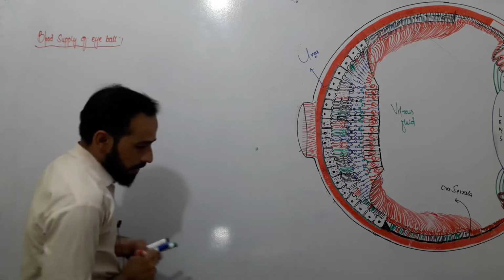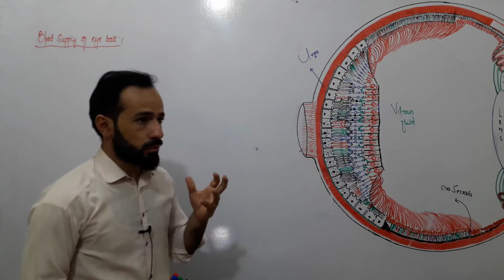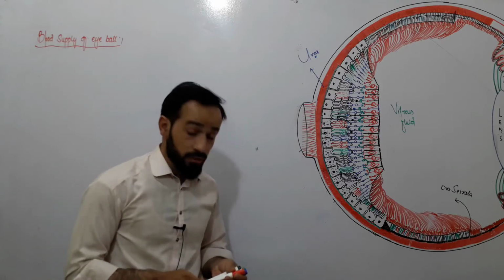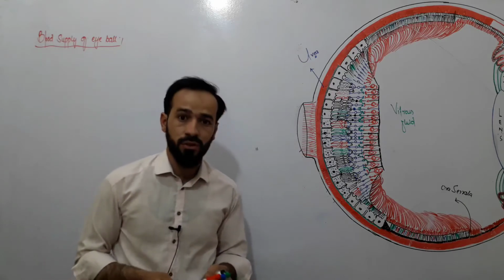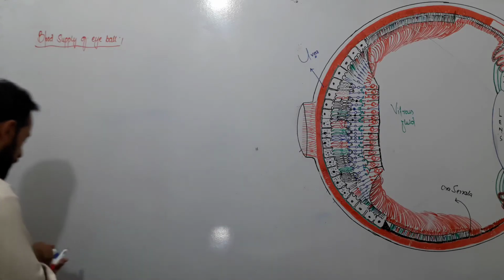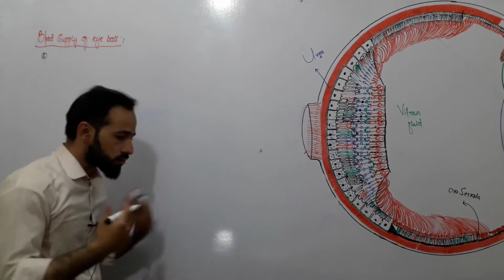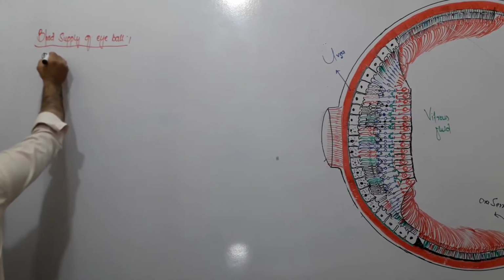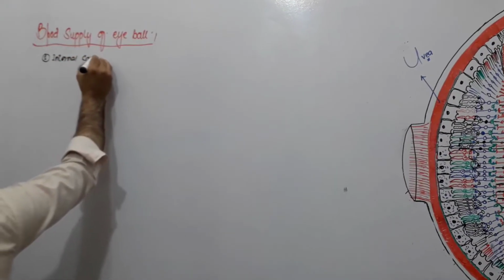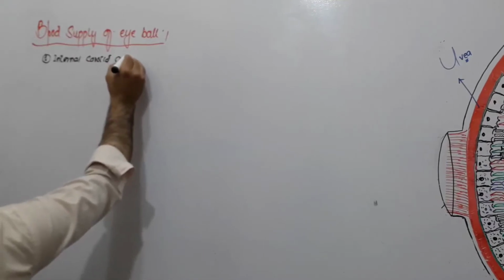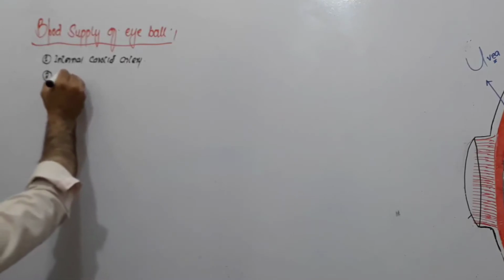Right, my dear friends, as we know, our eye gets its blood supply from different arteries. So let's first of all name all those arteries, then we will go into detail and a diagrammatic representation of all those arteries and the blood supply of your eye. The first artery, the major artery which gives off a branch towards the eye, is your internal carotid artery, and from this internal carotid artery a branch separates which is called the ophthalmic